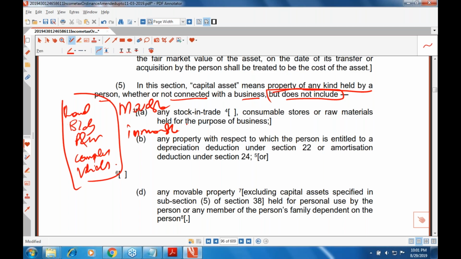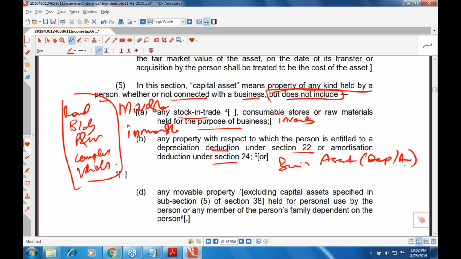Now, it does not include any stock in trade or consumable stores for the purpose of business, because this is your inventory. It also does not include any property with respect to which a person is entitled to depreciation under section 22 or amortization under section 24. So basically, if you have a business asset on which you are claiming depreciation or amortization, that asset would not fall under the definition of a capital asset. But if you have a property which is not used for the purpose of business, on which you are not claiming depreciation, then such property is going to be considered